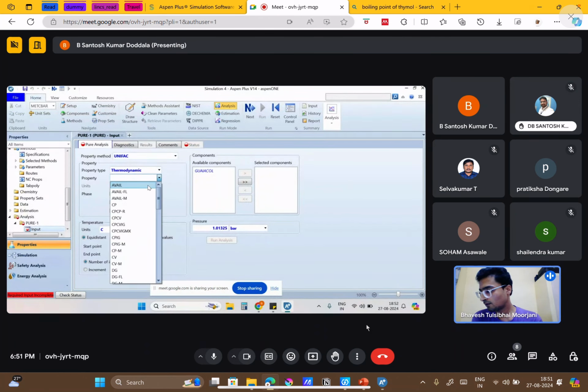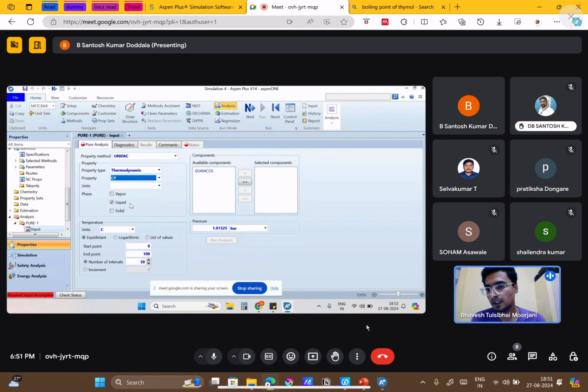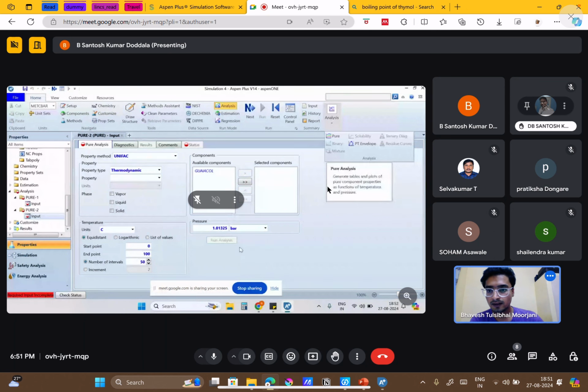So let's say we first want CP, for both vapor and liquid phase. Select the unit.